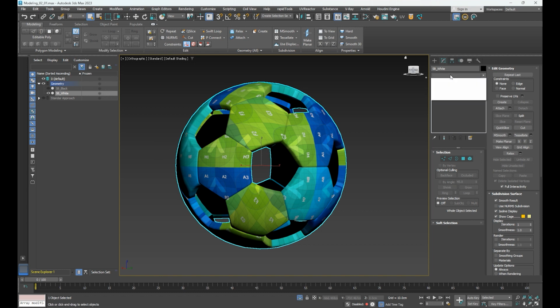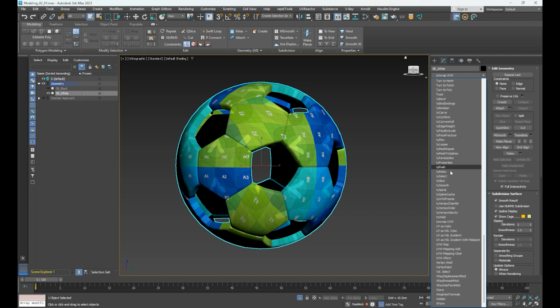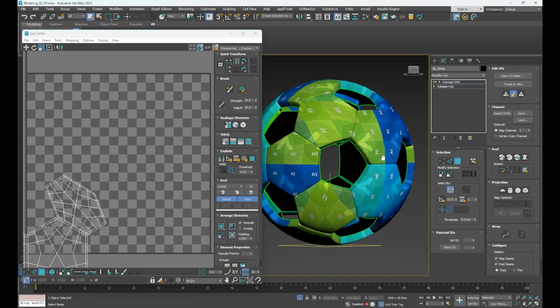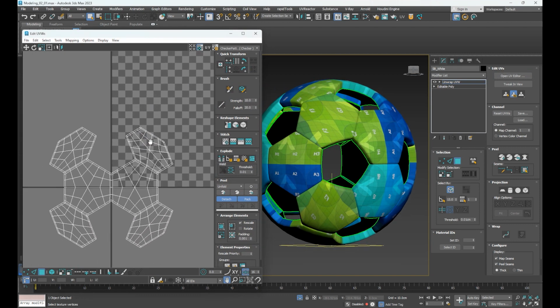Once applied, open the UV editor to reveal the current UV projection. You should get the same result as in the video if you follow the steps correctly. Now you can clearly see the hexagonal shapes laid out in the UV space. We will proceed to make seams on the same edges, like we did on the SB black object, but this